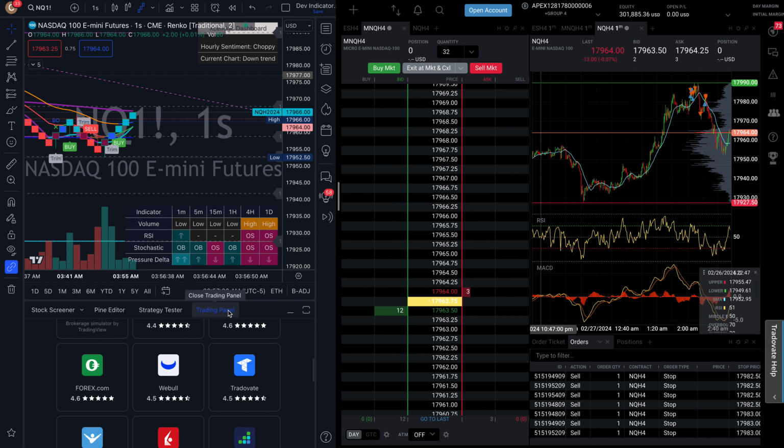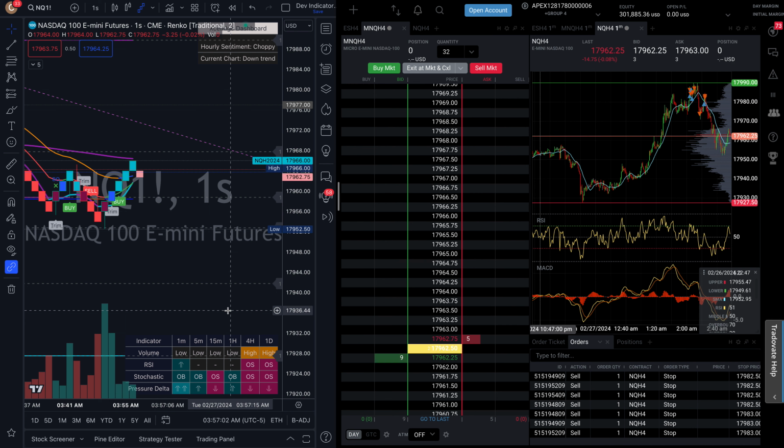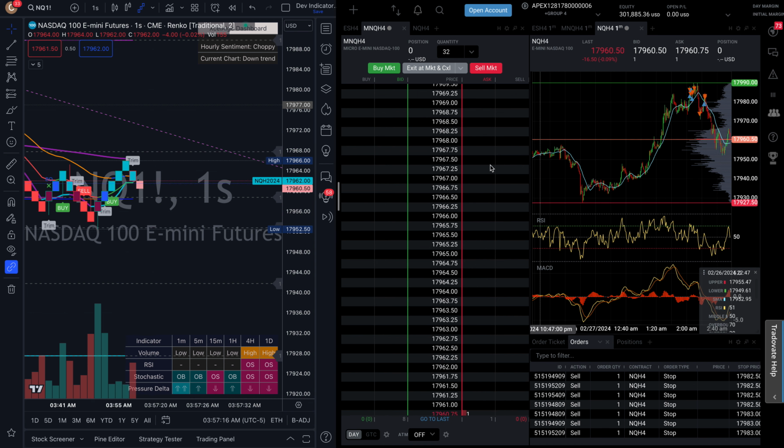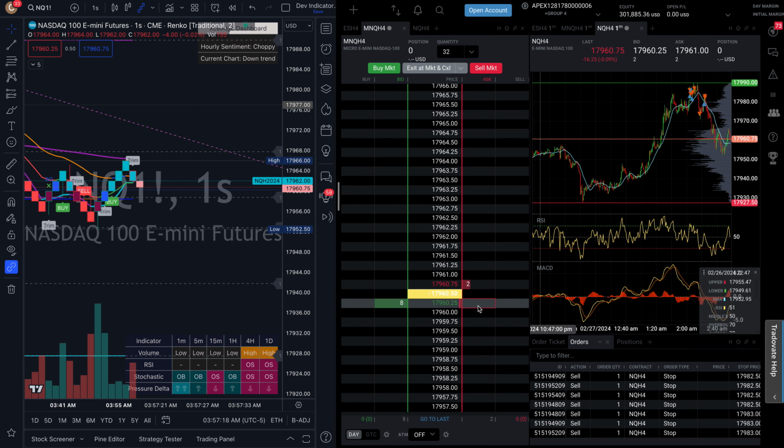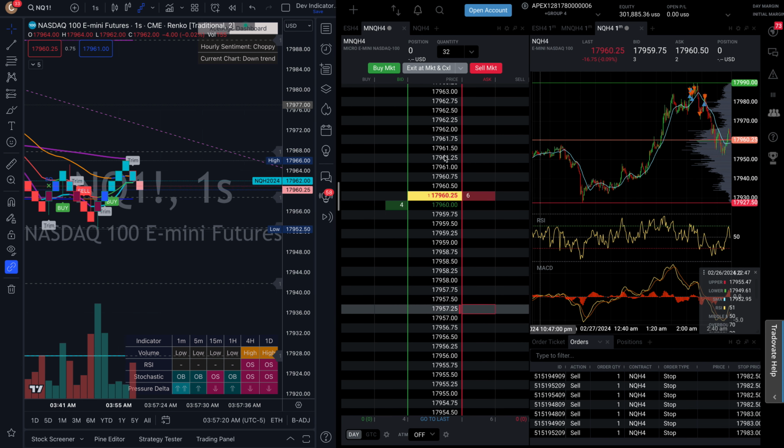But since I have a grouped account that I'm trading right now, I won't be integrating Tradovate. I'll have another video on that specifically, but it's really easy to use. So for now, I have the Apex here. You can watch the other video on how to get it set up. I have the DOM here that shows me